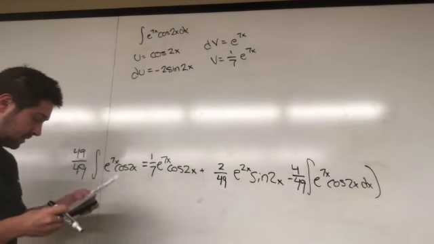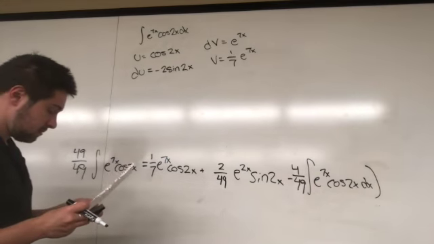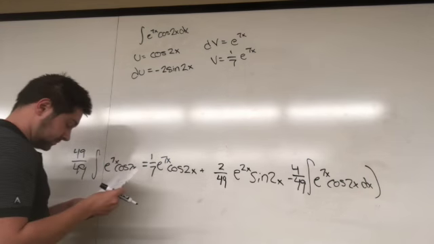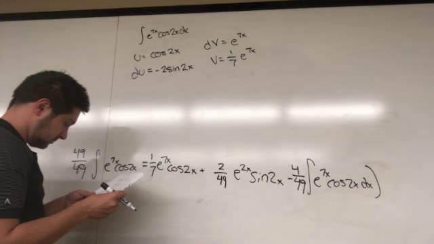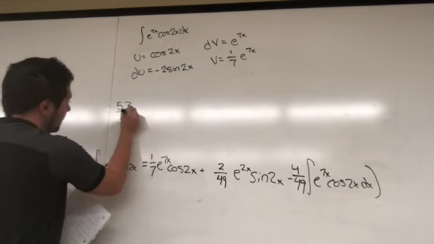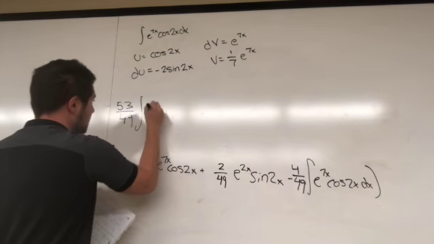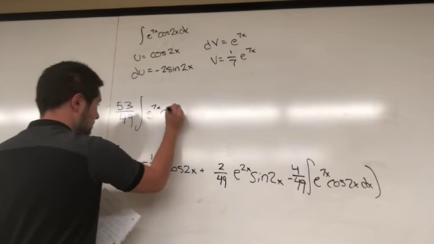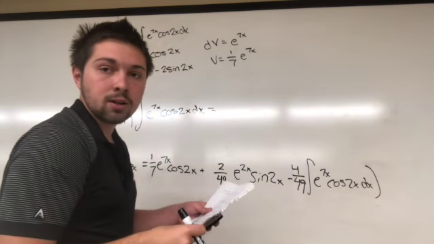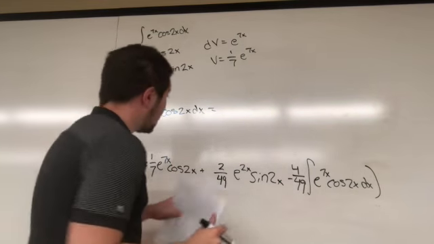So taking it up here, you now get 53 over 49 integral of e to the 7x cos 2x dx is equal to